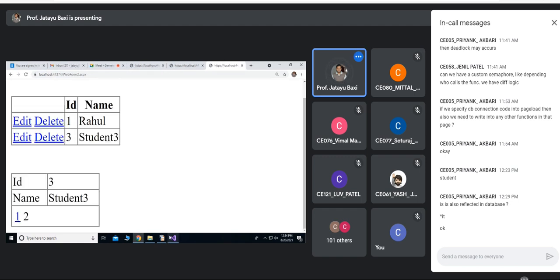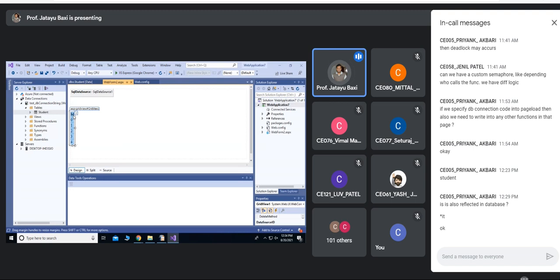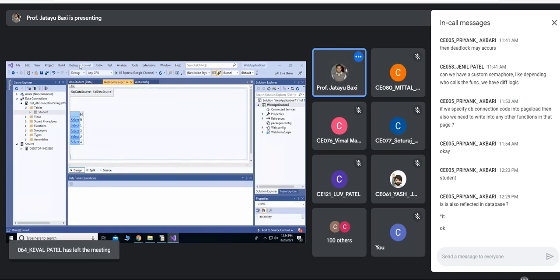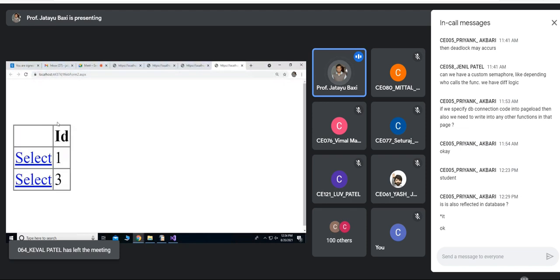Now, let's enable selection over here. Enable selection, right? So what will happen when you enable the selection like this? But what we want to do, when I press this select, now my task is understand what I want to do.